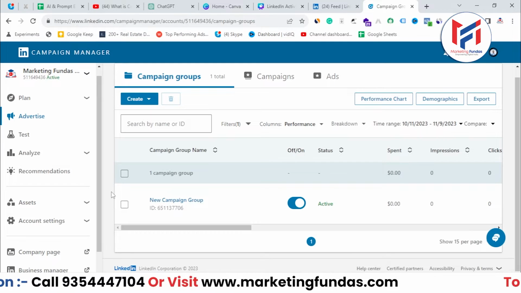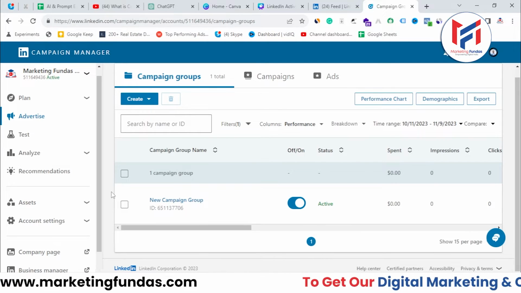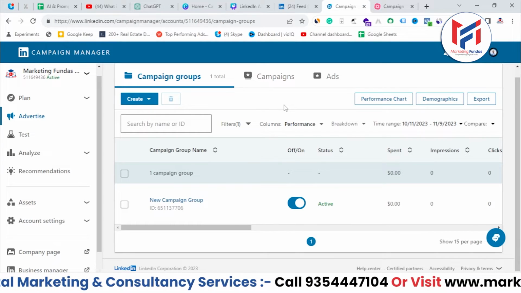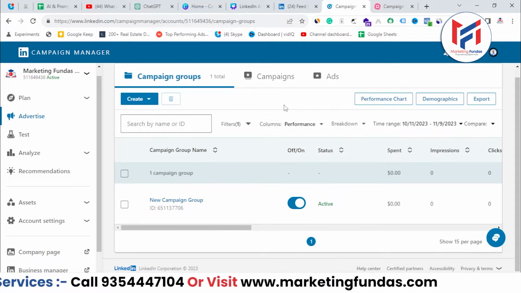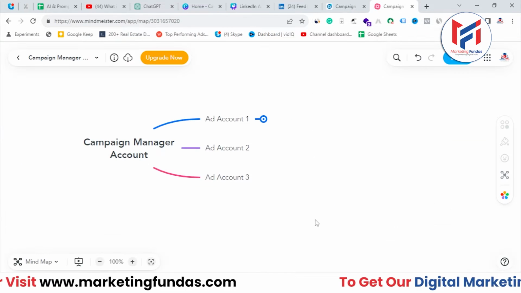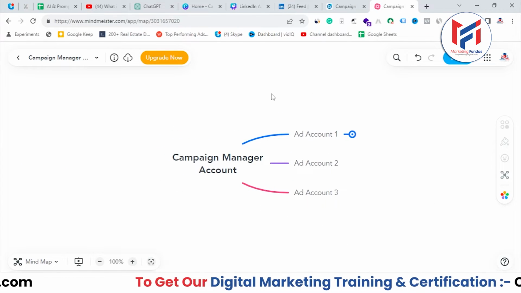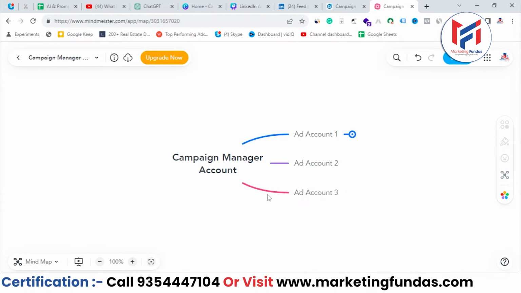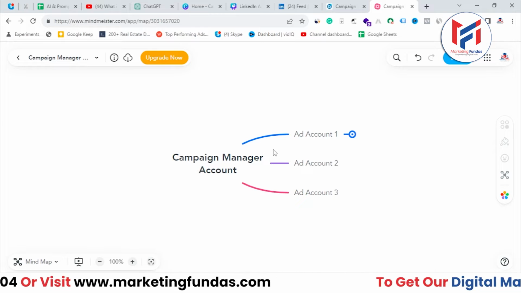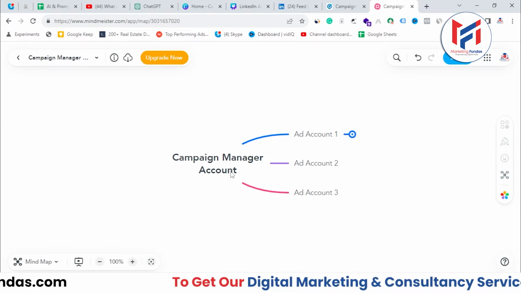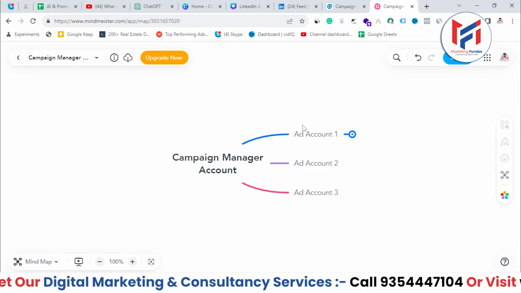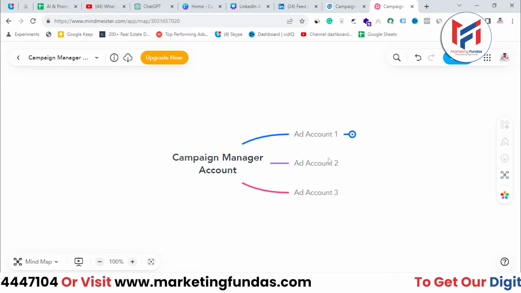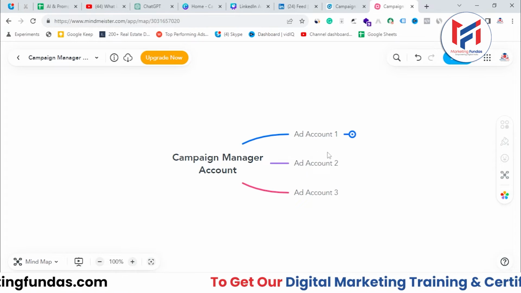Now what is the use of multiple campaign groups in your account? For that, let's understand the hierarchy of LinkedIn ads first, right? So let me show you the mind map which I have created. The first thing we need to create in order to run ads on LinkedIn is a campaign manager account. When the campaign manager account is created, we can create multiple ad accounts in campaign manager, right? As you can see, I have created three ad accounts over here, ad account 1, 2, 3, which is this